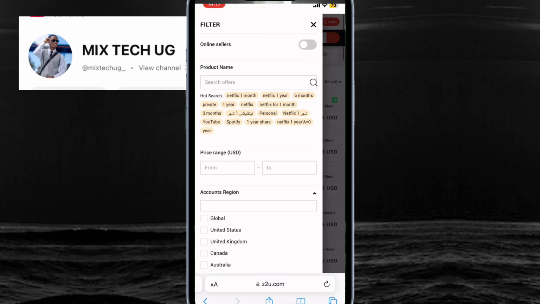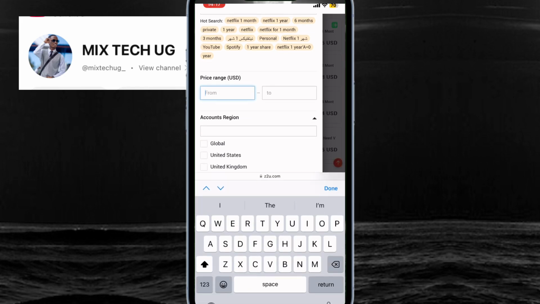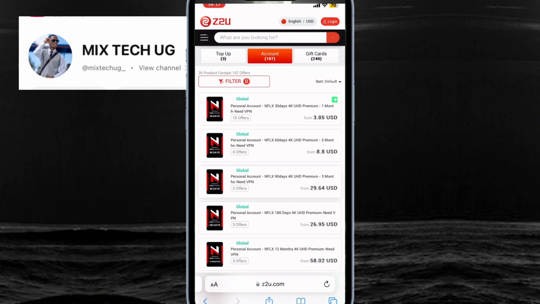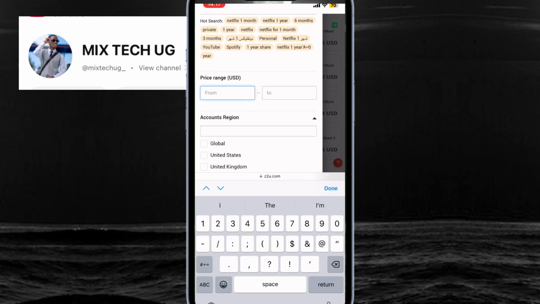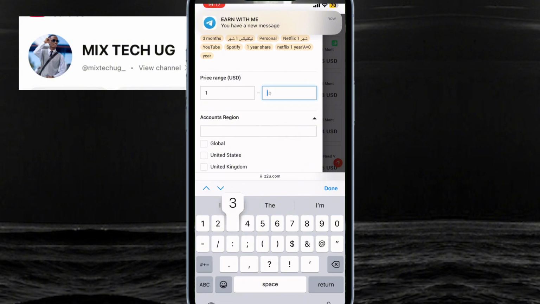Let's say our budget is $1 to $3. So I'm going to first click on the filter here. We're going to filter between the clients or the sellers. So you say I want one in the range of $1 to $3, and if you're in Uganda, that is between